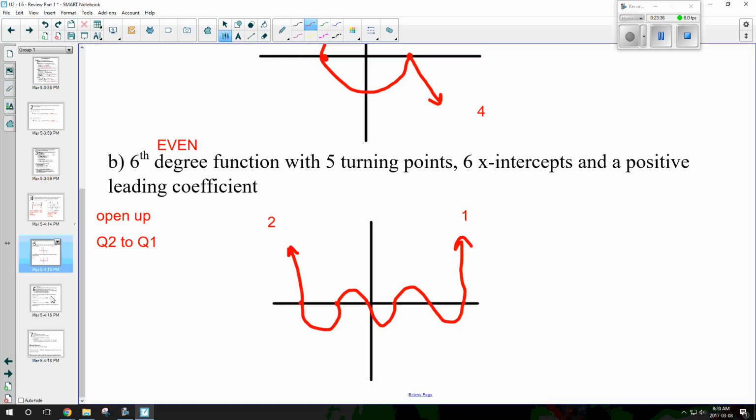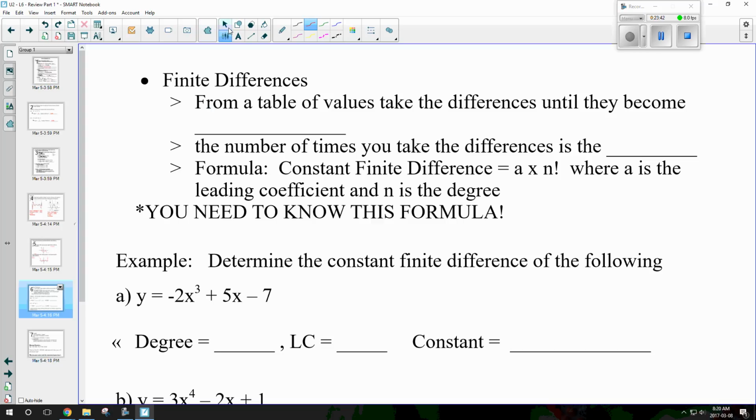Let's take a look at our last topic. So our last topic is the finite differences, so what we were talking about yesterday. Remember, finite differences, you've already calculated the first and second difference. We were just looking a little bit further at why we might calculate the third, the fourth, the fifth difference. Remember, from a table of values, to take our differences, to figure out what the finite difference is, we continue to take those differences. We took the third difference, the fourth difference, the fifth difference, and we continue to do